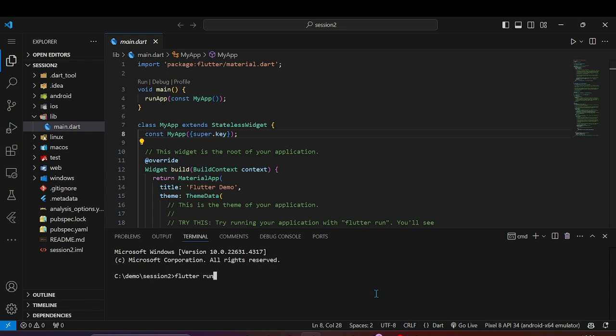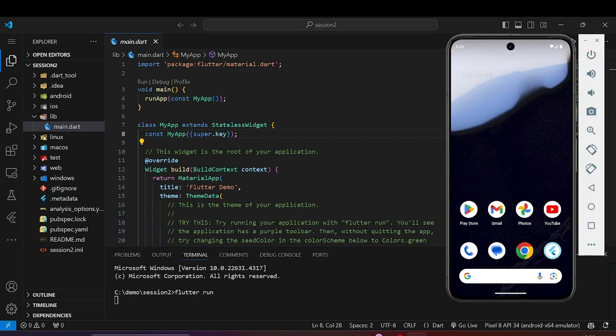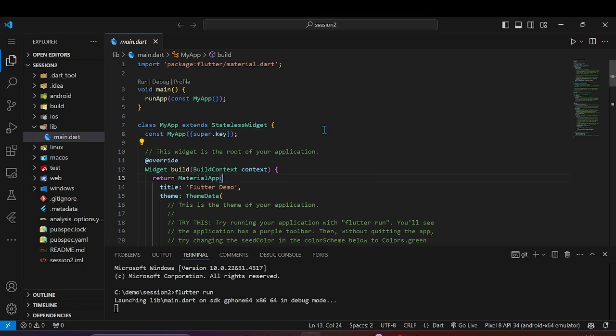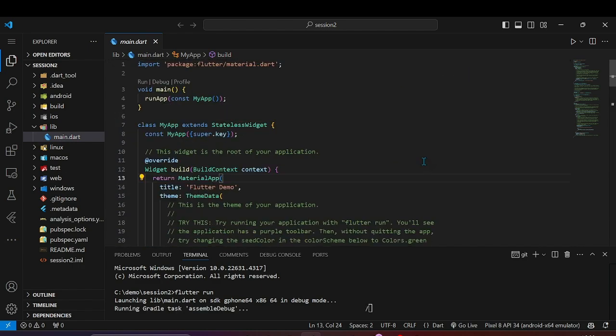Yeah, once this is connected, press flutter run. This will build the APK that will run on the app. So as this is launching, this is the code of the basic app. If we look at it,